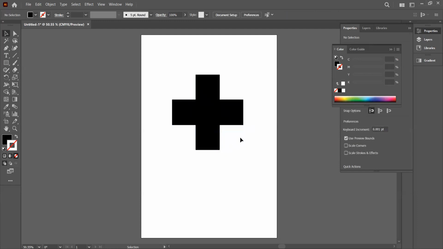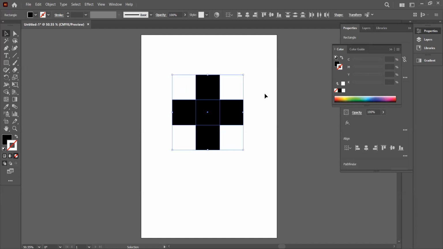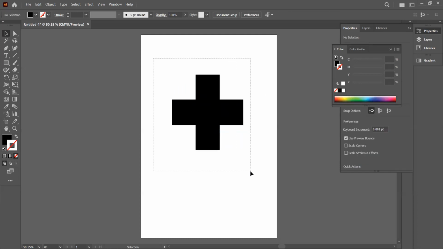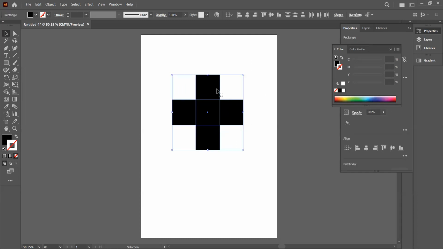Can we see it now? This is already a cross. So now say you want to merge these things together. When I highlight it, you can see that we can now form different shapes from this. One shape, a second shape. In fact, we have five squares here, and we can give them different colors. And it is the Shape Builder tool that will help you do that.